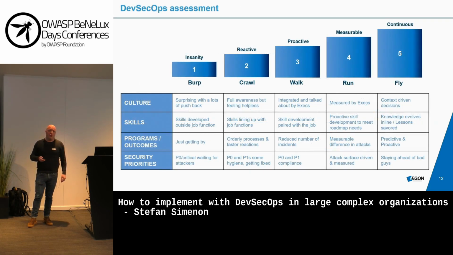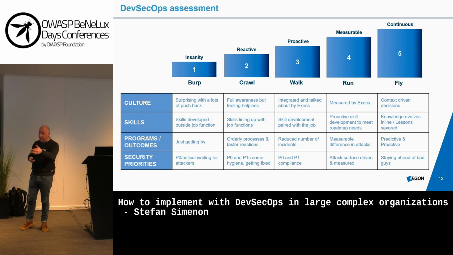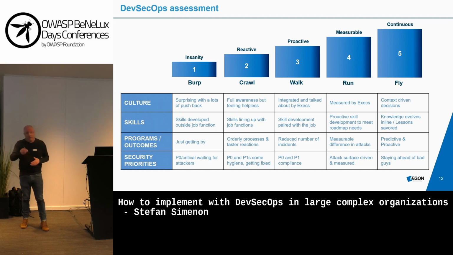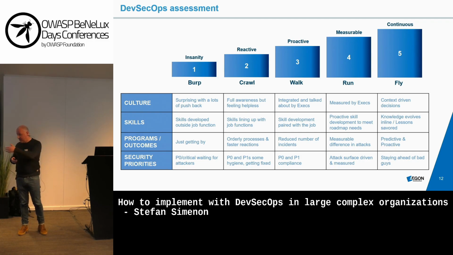But if you move forward, then you also should focus on the cultural aspects. You should focus on the way of working. You should make sure that business understands it, that they prioritize things. You should make sure that developers have the right knowledge. So there are DevSecOps assessments in place, and tooling suppliers can also help with these kinds of things, and you can do a self-assessment, and based on the self-assessment, the company can see where to focus, and these can also be used to convince management that certain topics should have focus.